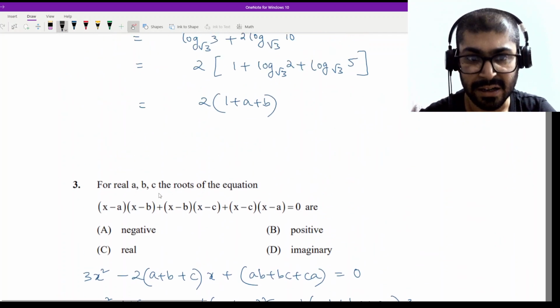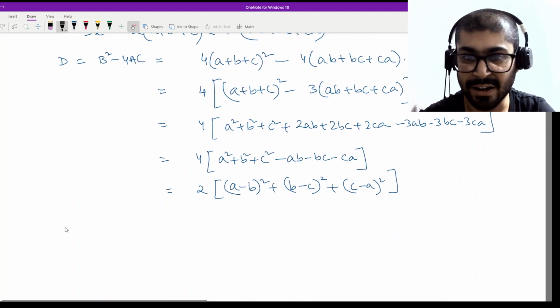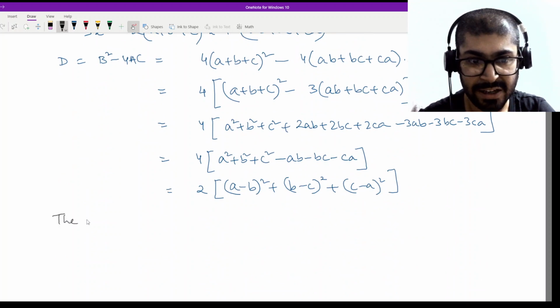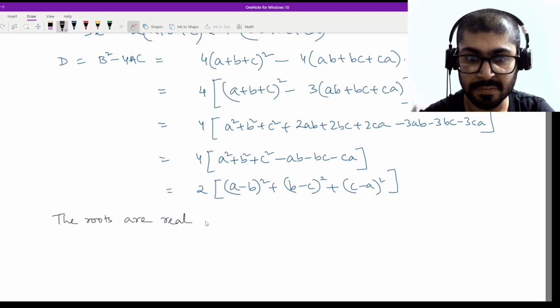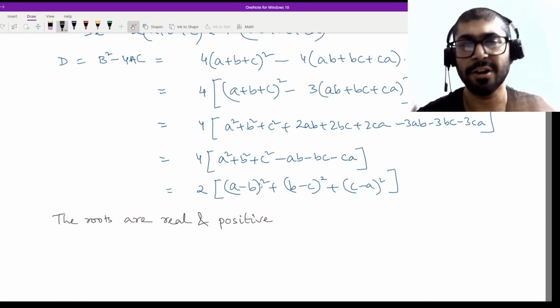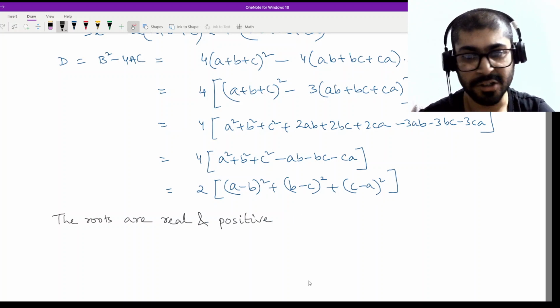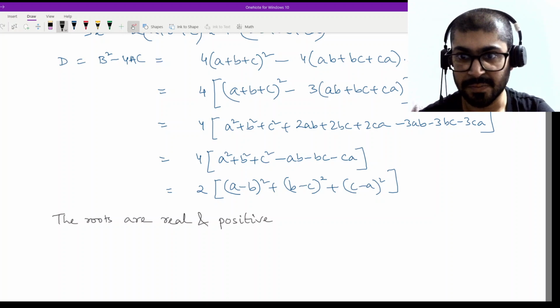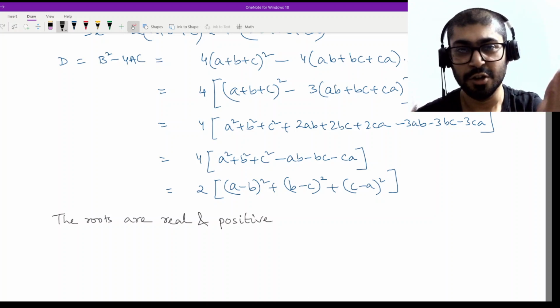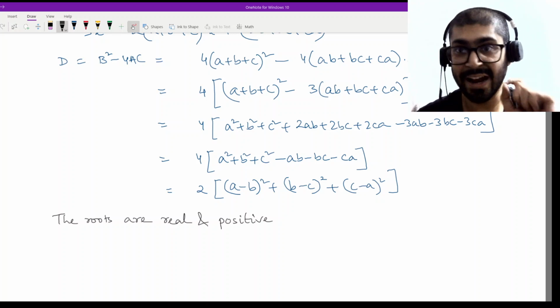If a, b, c are real, then the roots here are real and positive, right? Because a minus b whole square plus b minus c whole square plus c minus a whole square is always greater than or equal to 0. So I can say that the roots are real, but there is no guarantee on the positive part, right? Because